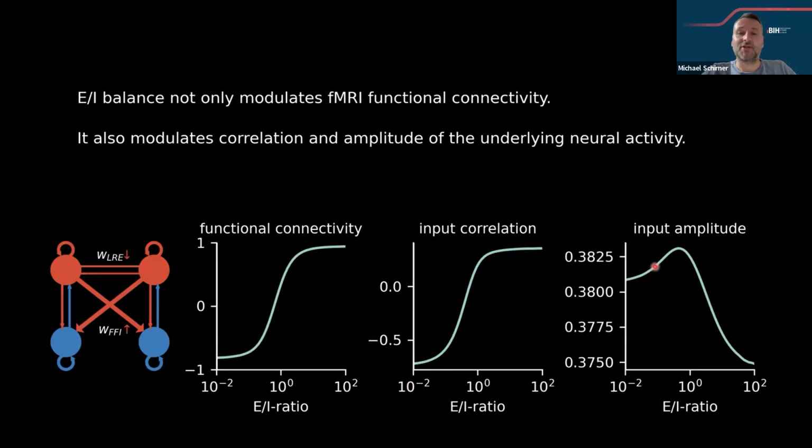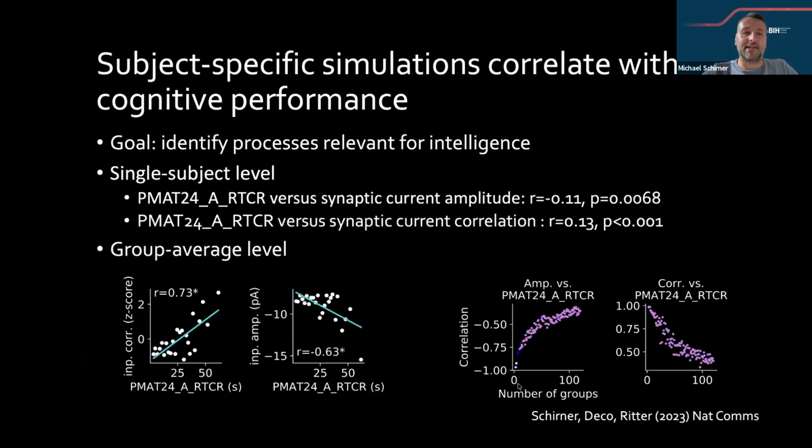But the actual mean amplitude shows a much more interesting shape. So this shape here is much different, and the input amplitude behaves much differently than the correlations. And this will then give us the explanation for the intelligence differences. Well, we can move on here. So now we ask what happens in the brain model that could help us understand these